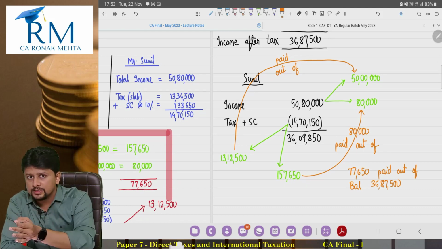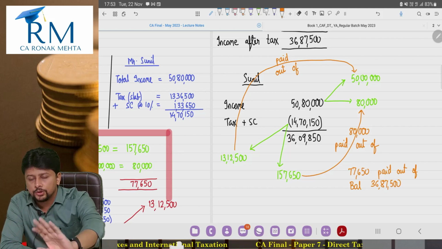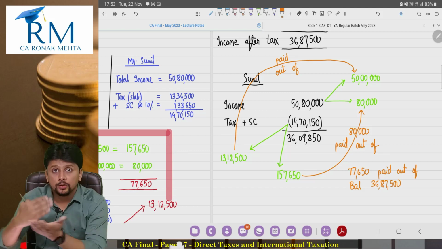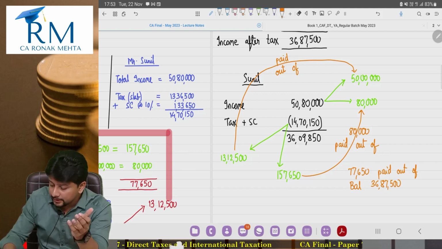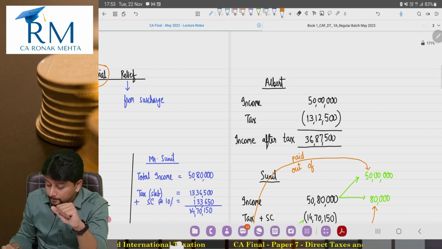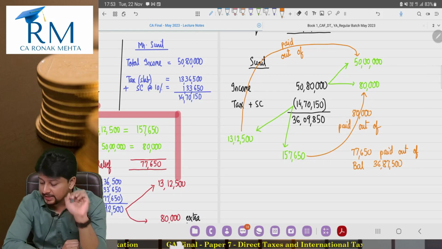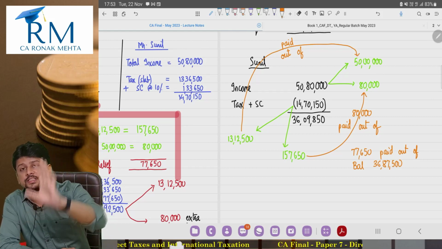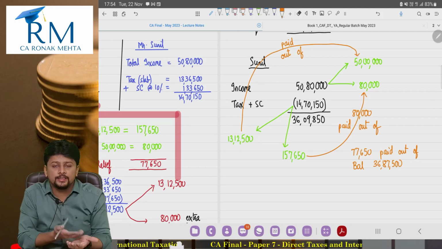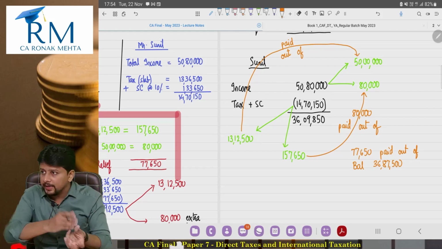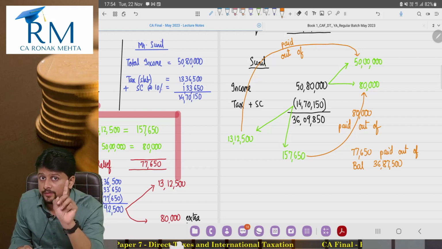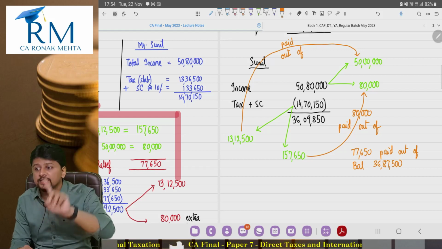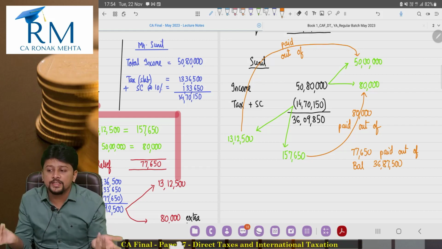If you understand these numbers now, then the next 5 minutes whatever concepts I discuss with you will be very smooth for you. Mr. Sunil is earning 50 lakhs. So on that he is supposed to pay 13,12,500 just like Mr. Albert. Definitely. But because of that additional 80,000 rupees, Mr. Sunil is supposed to pay an additional 1,57,650. How will he pay that? Where is the money? So he'll use this 80,000 extra income and pay it to the government. That means even before getting marginal relief, he was giving away the 80,000 to the government.